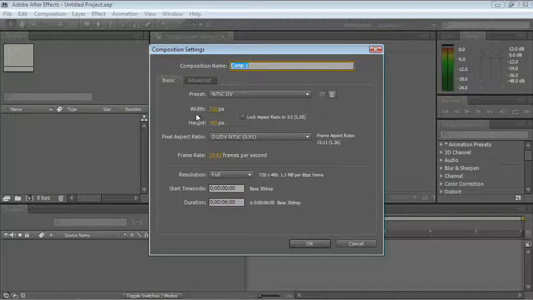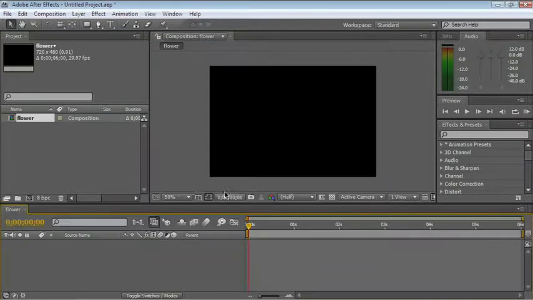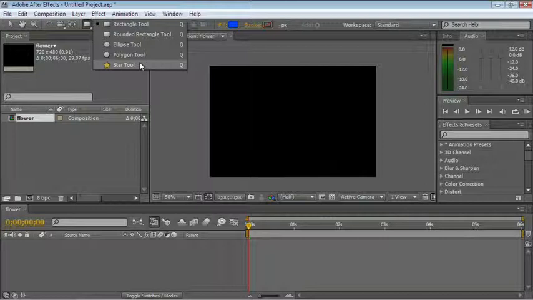Create a new composition. Let's make a DV. This is all good. Let's just call it flower. 6 seconds is good. And click OK. Let's go ahead and grab the Star tool